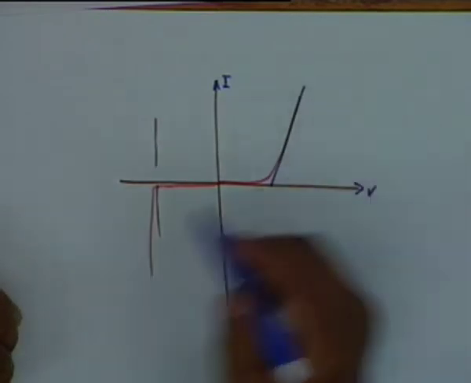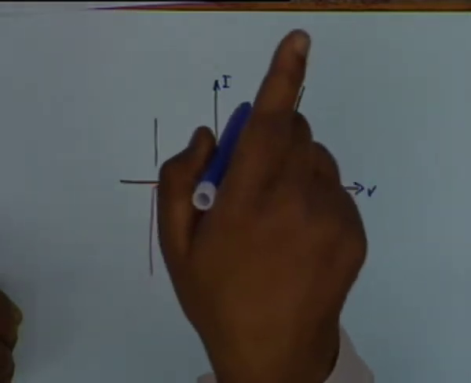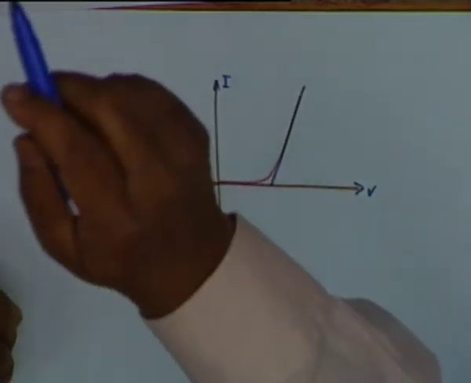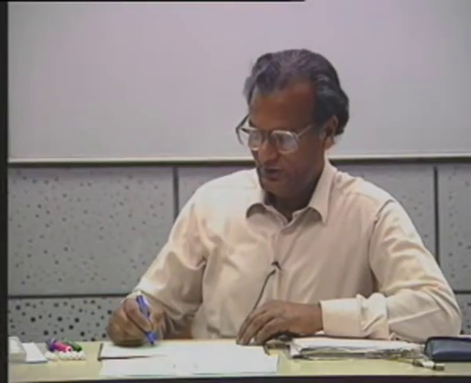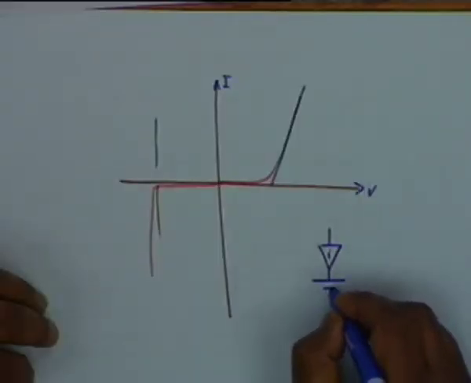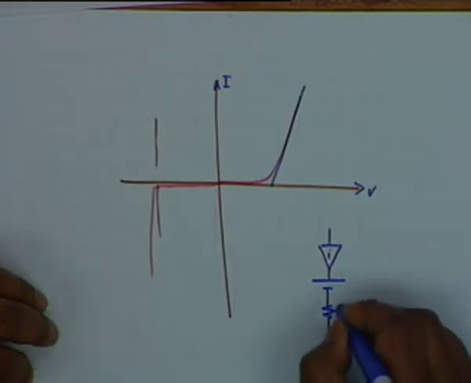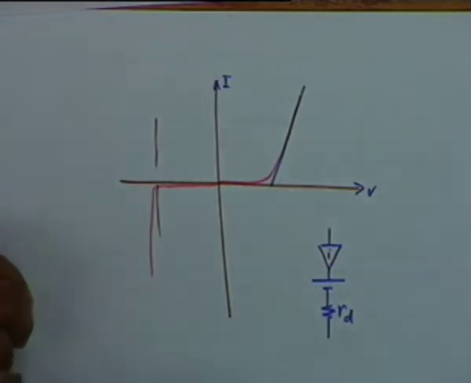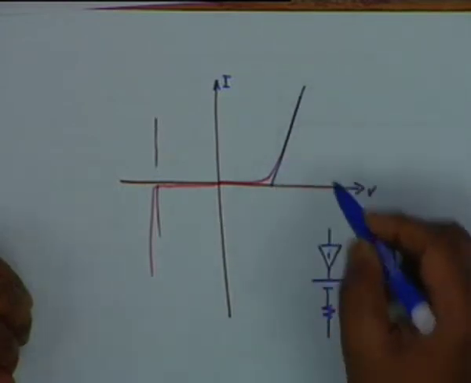The resistance corresponding to this, what is the resistance? Delta V by delta I. In the previous model, when it was vertical, the resistance was 0. All we have to do now is to take an ideal diode, then the threshold voltage VTH, which is 0.7 for silicon, and we shall have to use a small resistance, we call this RD. The D stands for dynamic, that is, it is the slope of this line.